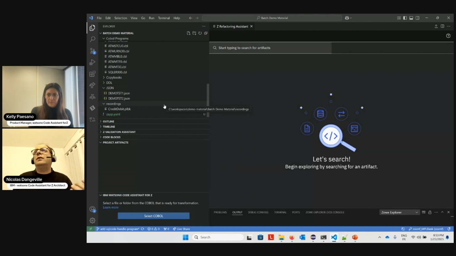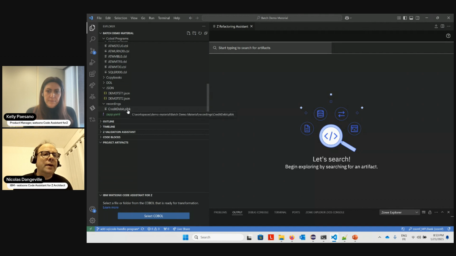And I run these JCLs in the scope of our tools that are going to do two things. First, to collect an execution flow of what actually ran when I was running this scenario. And also, it did collect performance information about the processes that I was running. So I have done that ahead of time on z/OS, on my batch application,